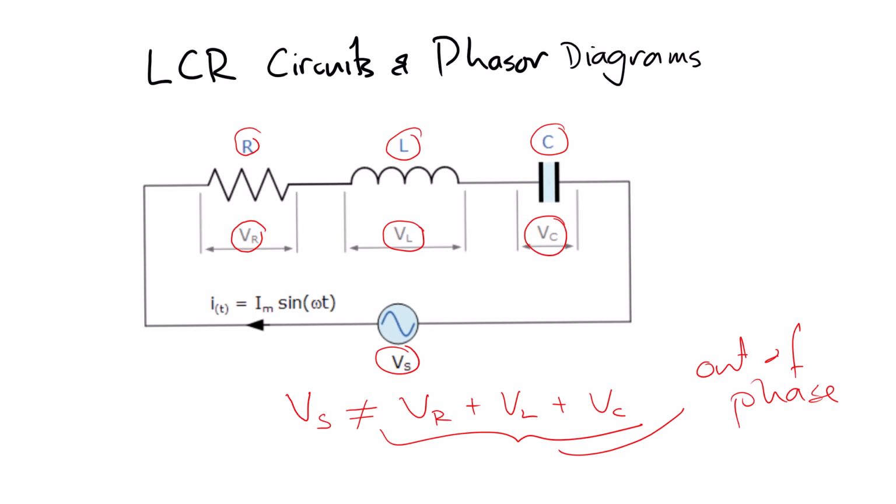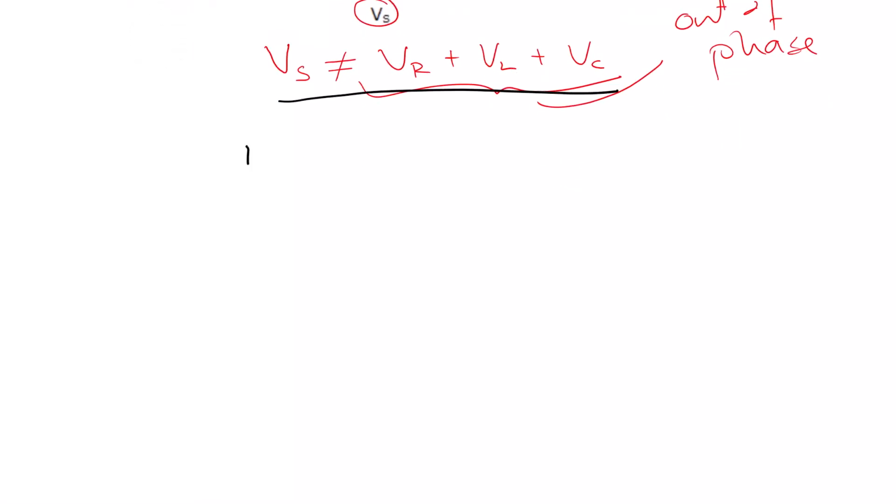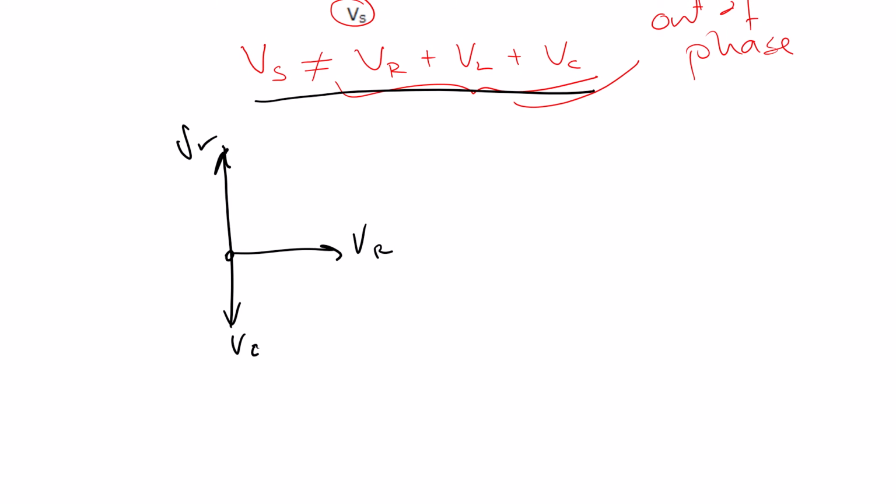So let's look where we started before. We talked about the voltage across the resistor, inductor, and capacitor, and we tried to add, and we realized that because they were out of phase, we had to add by this kind of diagram here. Voltage of the inductor leads the voltage across the resistor, which leads the voltage across the capacitor. But equally, if we say the voltage across the resistor equals IR, the voltage across the inductor equals I XL, and the voltage across the capacitor equals I XC,